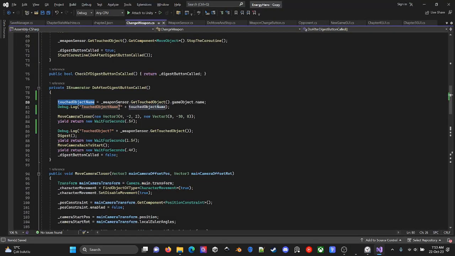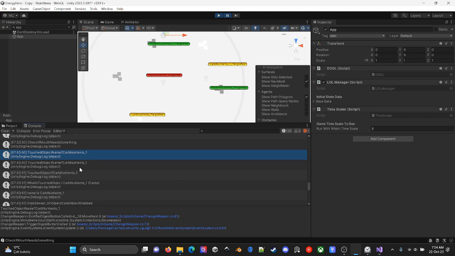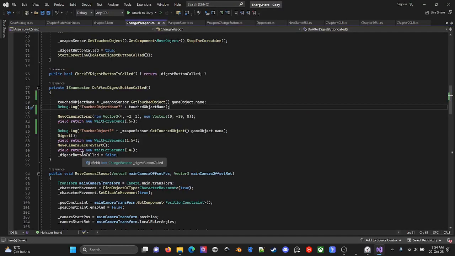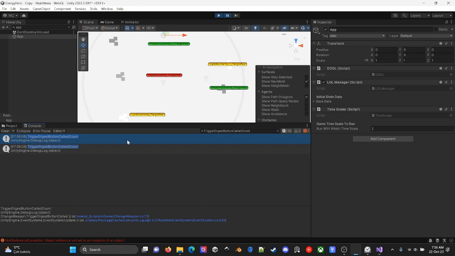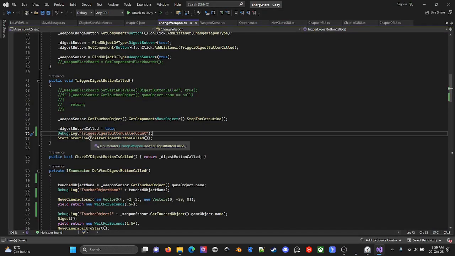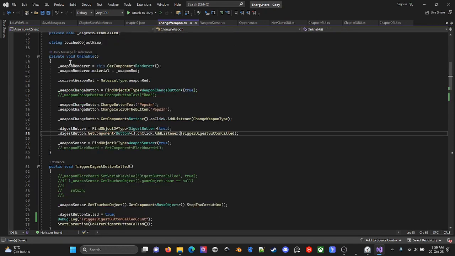Touch object name. Okay, first this digest button is called when I press digest, but this button is called twice. Why is this button called? Second one. Okay, it looks like when I press this digest button, the digest button logic is called twice. But this guy just has only one trigger over digest button.